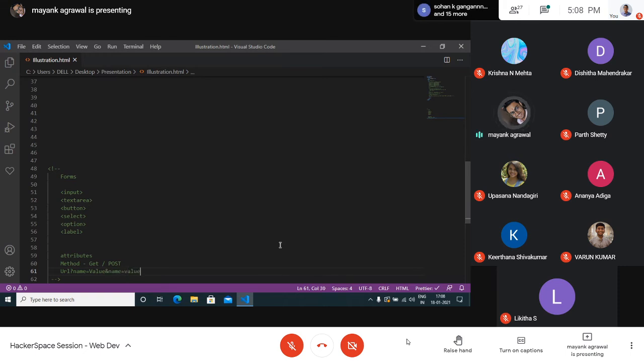Something like this, and it continues for the number of fields that you have. Every field has a name and every field gets a value that the user enters. So if you use the get method, it does this. As a developer, you can just access it from the URL and say that for this name, this value was entered. For this name, this value was entered.